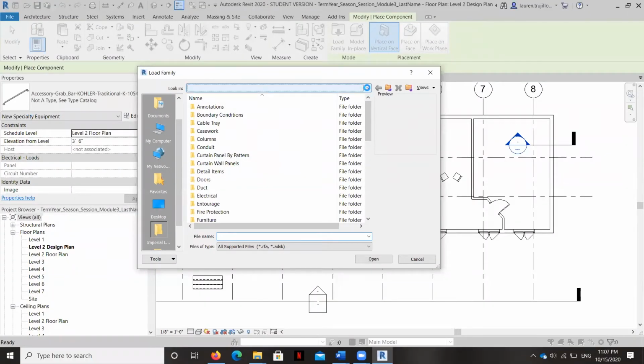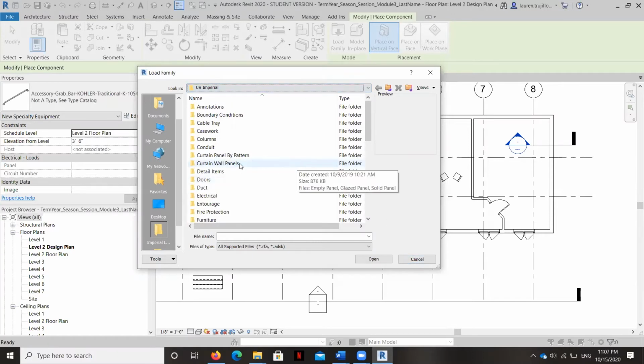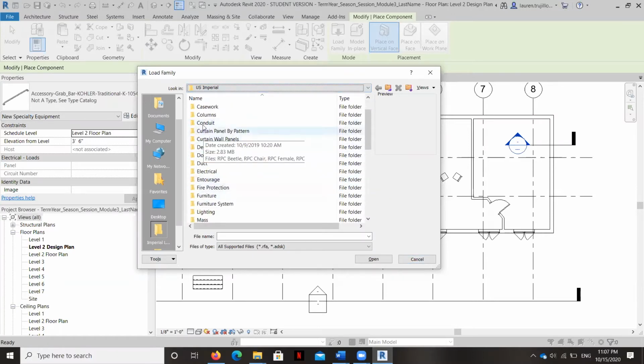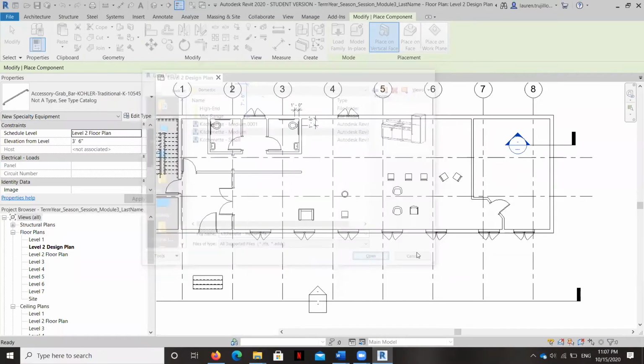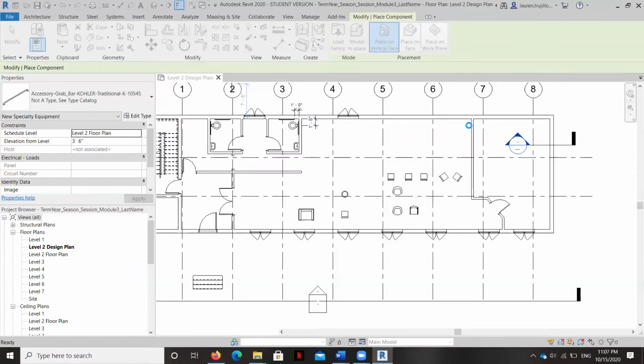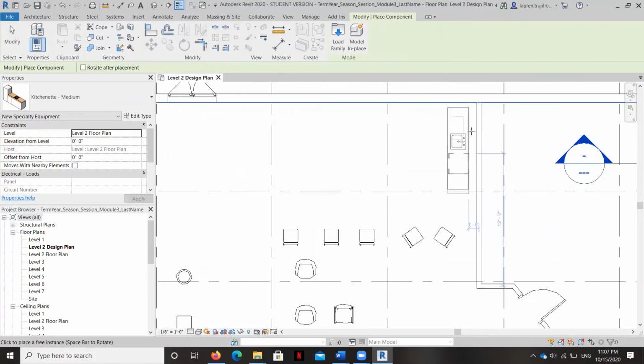Okay, resetting the pathway here did not work, so I just had to close my Revit, save it, close it, and then open it again. So it resets by that method as well. The other thing that I wanted to show you, and it's really fun to search through here and see where stuff is, is specialty equipment, into domestic, even though I know this isn't a domestic project. I'm going to grab this medium kitchenette, and that's where the employee break space is going to be. So we'll place that there. I'm going to hit the space button to rotate this.